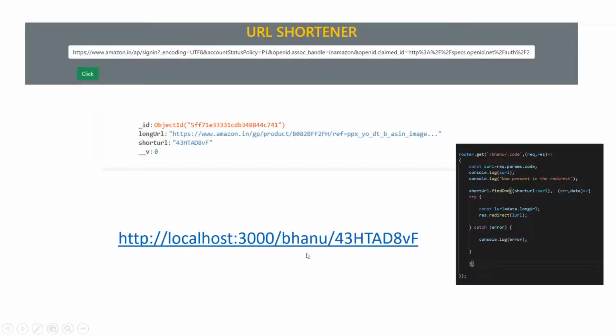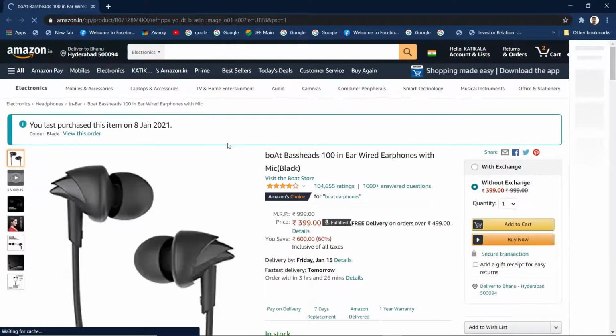Now this is the URL I am talking about. This is the URL which we will give back to the user, and this is the code. This is the code which we will retrieve, and we will find the long URL for this particular code. Now this is the short URL. So whenever a user clicks on the short URL, they have to be redirected to the long URL like this.